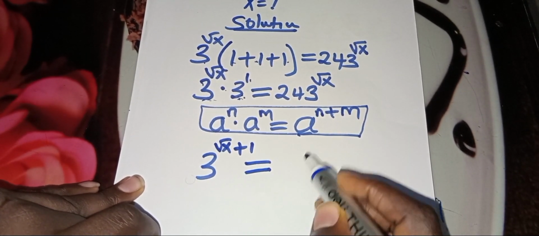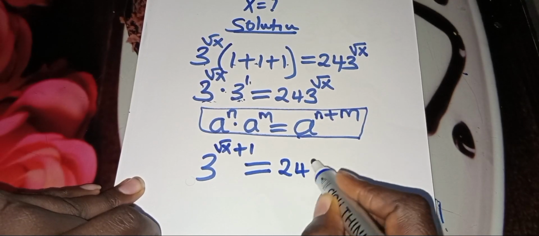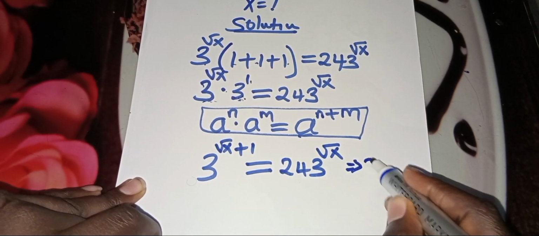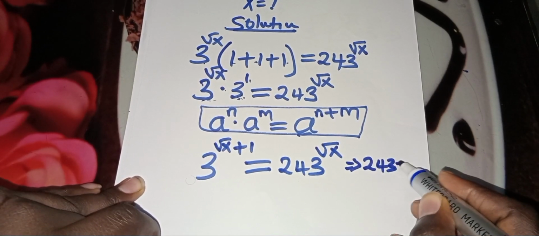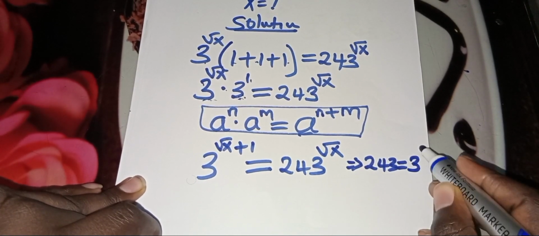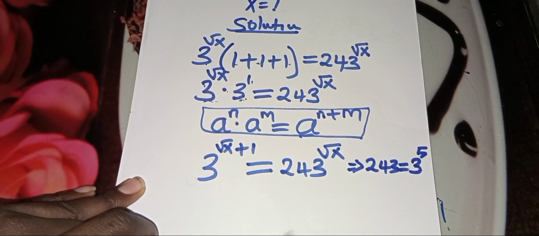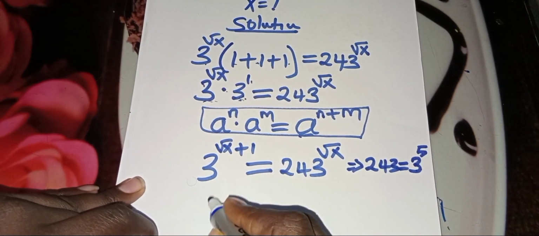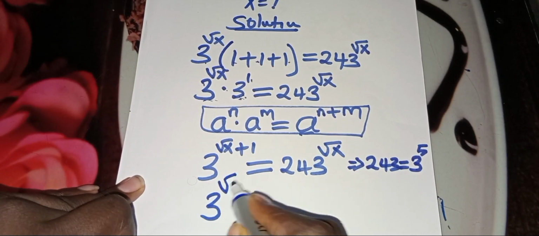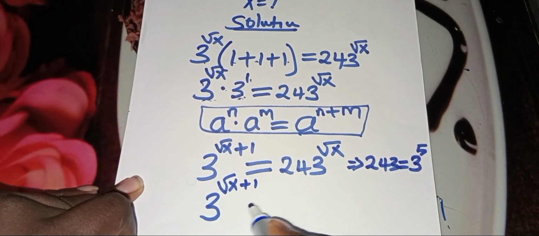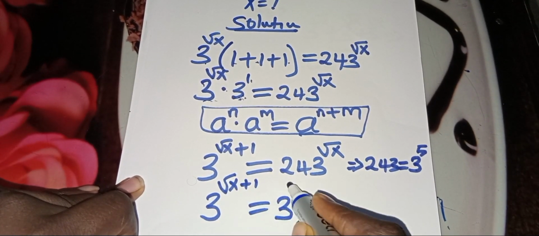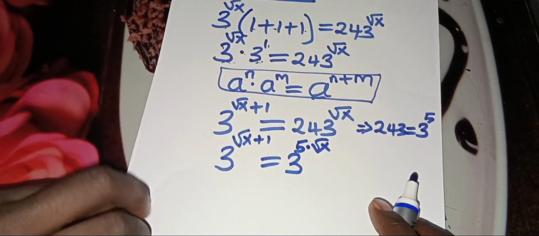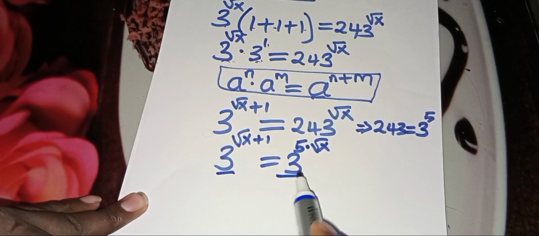This is equal to 243 raised to power square root of x. Now, 243 can be expressed as 3 raised to power 5. Okay? So we can substitute 243 with 3 raised to power 5. So that we're going to have 3 raised to power square root of x plus 1. This is equal to 3 raised to power 5 multiplied by square root of x. Okay? Now, since the bases are common,